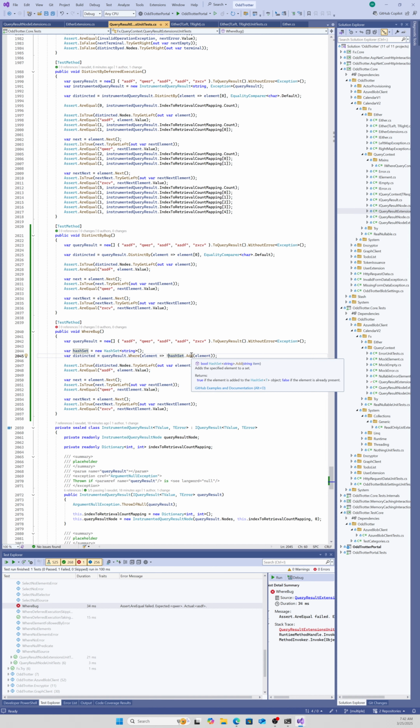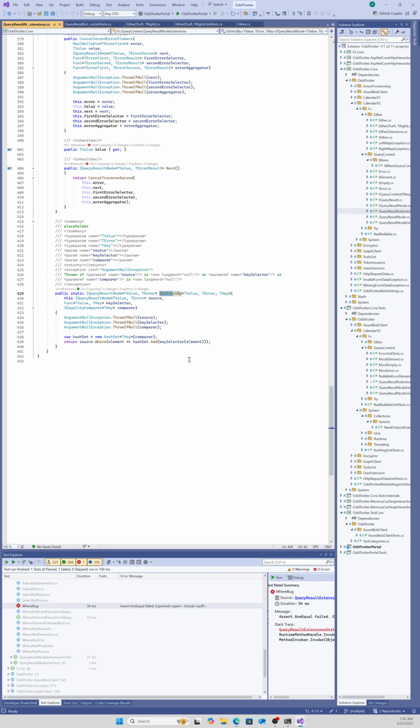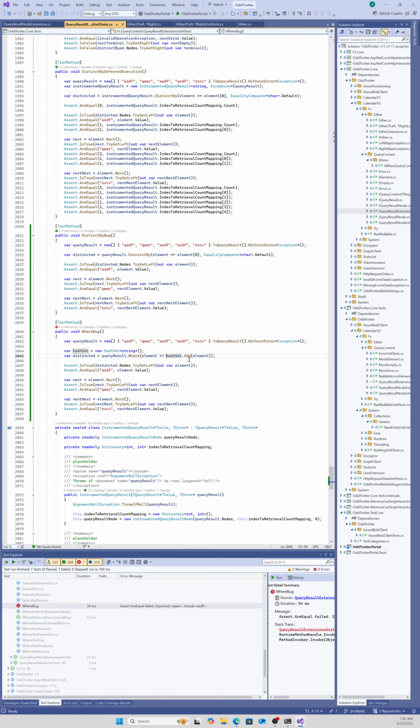True if the element is added. Oh, see what happens. Something with the hash set is messing it up. Okay, so oh,